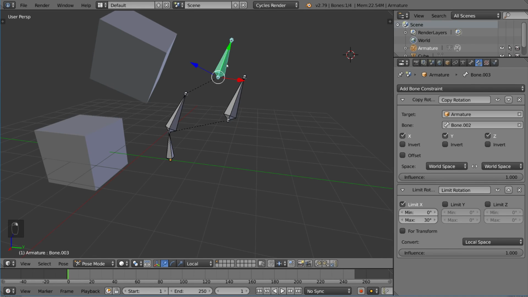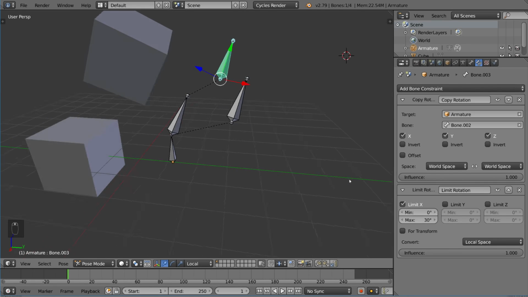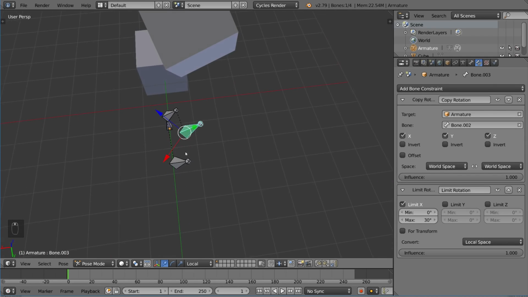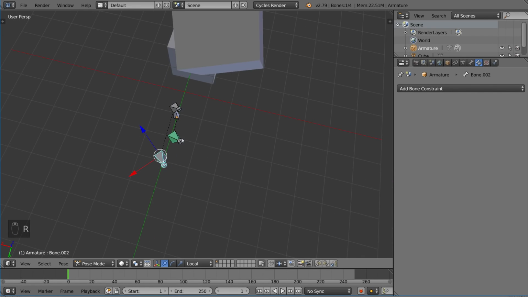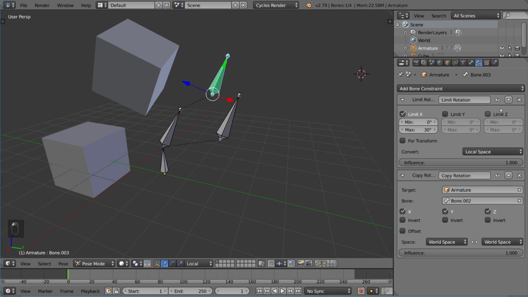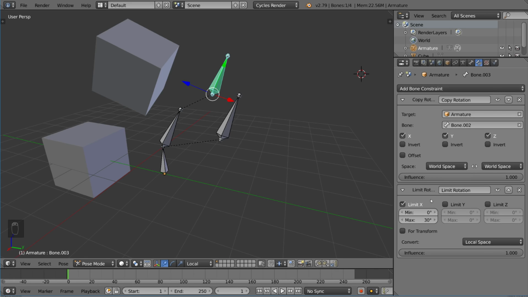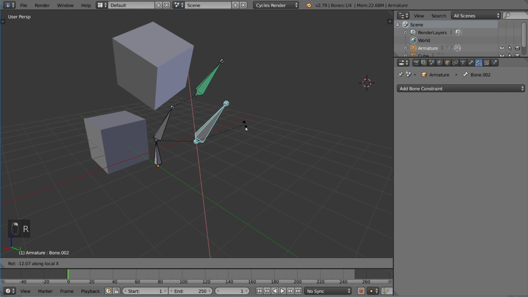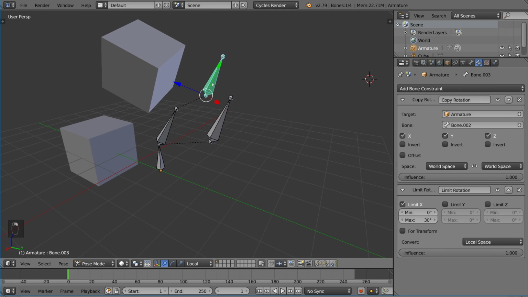Now let's talk about local versus global for copy rotation as well. In world space, it'll look pretty much exactly the same. As you can see here, it's exactly the same. So before we test anything else, let's go ahead and show you the importance of the constraint ordering on this stack here. So the stack of constraints, it does matter in which order it is. And you can see there's actually this arrow here that can change the order for you by moving it up or down. And this is very important because, as you can see here right now, we actually have a limited bone from the copy rotation, and the limit rotation constraint